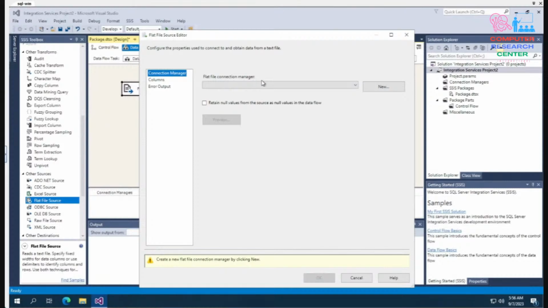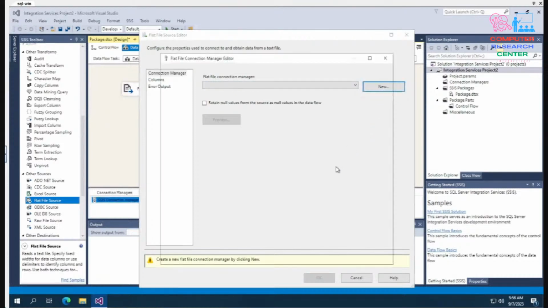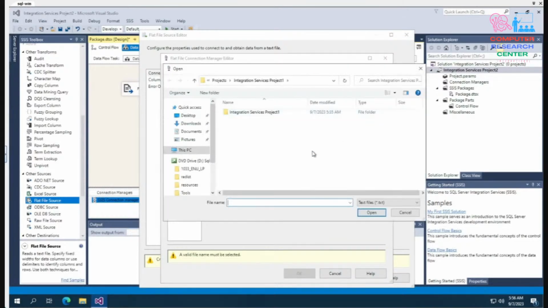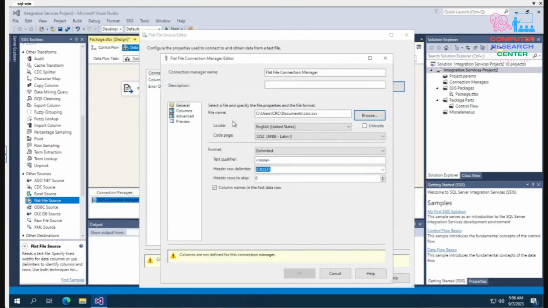So the flat file connection manager: what is the definition of the connection? I mean, what kind of file is there and where it lives, right? It is living somewhere in my documents folder, so we will go to the documents folder. Because it's not showing here, why? Because it is looking for a text file, but we have a CSV file. So the CSV file cars is there. I load it, and then you see it detects itself, but you are supposed to